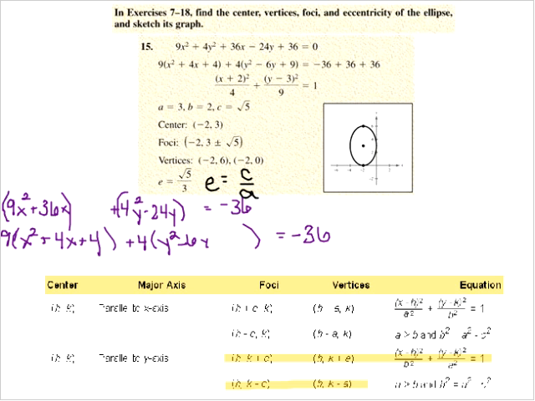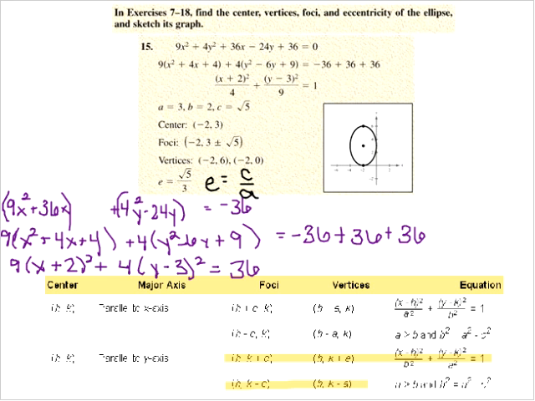But we're not adding 4 to this side, we're actually adding 36, because remember we take that 4 times 9. And then in my y's, half of negative 6 is negative 3. Negative 3 squared is still a positive 9. So again, 9 times 4 is a positive 36. So I get x plus 2 squared and y minus 3 squared